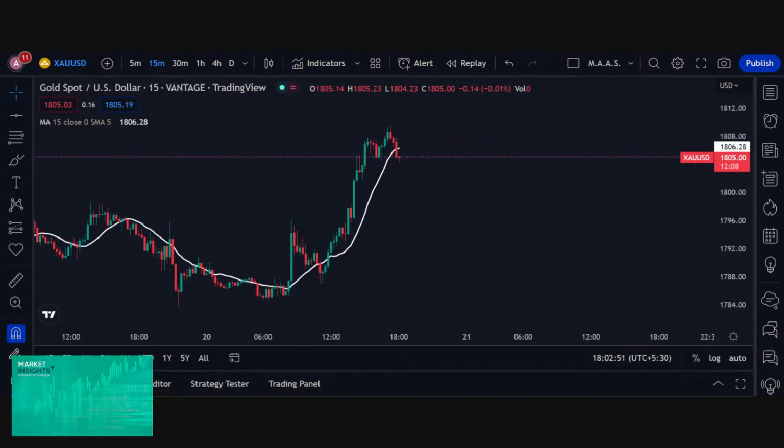Just check if the voice is audible. If not, then let me know. I will try to see if there is a difficulty with this setup. Okay, I suppose it is all right, and the screen is also visible. Right, we'll continue